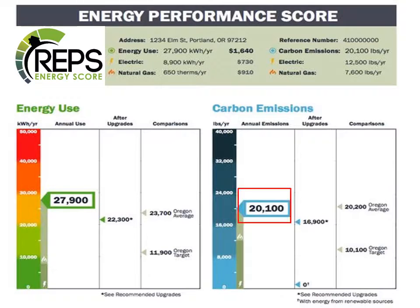And then if you're interested, you also get your carbon emissions score, and you can offset that if that's something you're interested in. And of course, this whole report comes with photos and improvements, ROI, and costs, and all of it can be customized and built that way. As far as utilizing it outside of the Midwest,